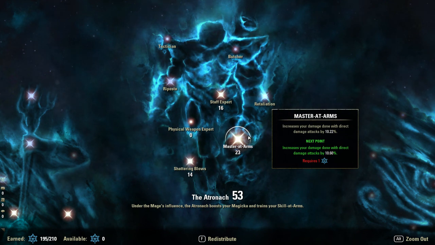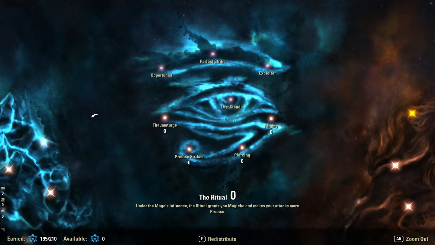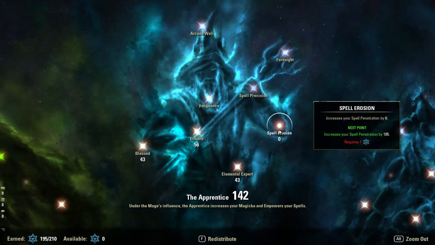Because if I can get this to 56, I'll get another 20% out of it, which means my character will get 20% more damage. If not, what I will do is put most of it into Thaumaturge, possibly to get that extra damage over time, even though I don't do any extra damage over time because I'm not using a shock staff. So that, or I might put it into Spell Erosion to get me extra spell penetration